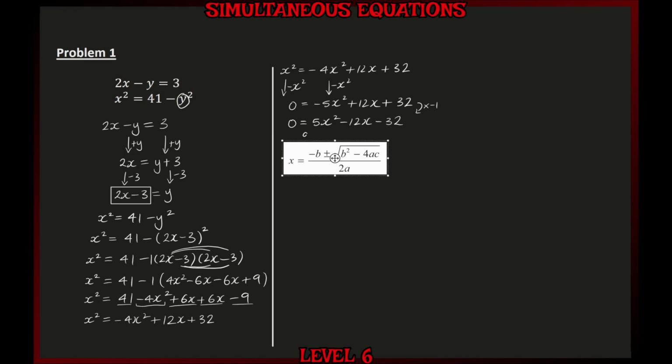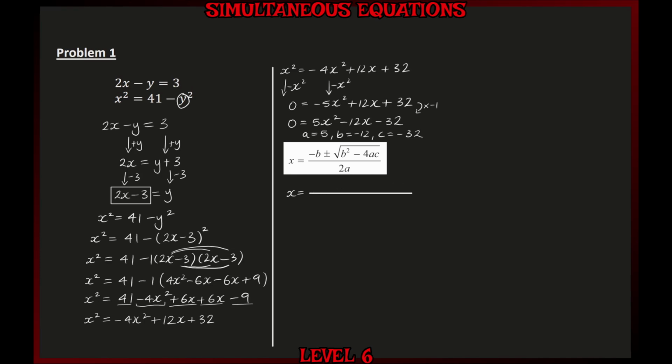So a is always the number in front of the x squared, so in this case that's 5. b is the number in front of the x, which is minus 12, and c is the constant at the end, that's minus 32. So we can now substitute these into the formula, and this gives x is equal to,